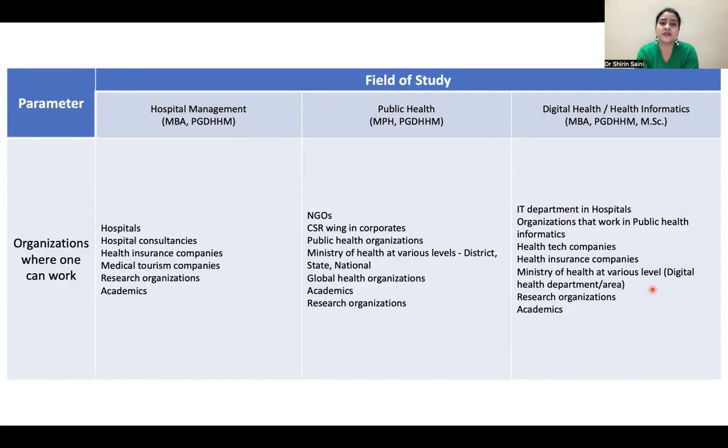It focuses on the Ayushman Bharat Digital Mission. They work exhaustively in this space, and they do have a lot of requirements. You can go to the NHA website, understand what the opportunities are, and apply for those. Research and academics is another area, if you want to get into it maybe 3 or 5 years down the line. For academics and research, if you want to build your portfolio, you will have to pursue a PhD or at least a research fellowship program, either of the two, to build your career in academics and research.